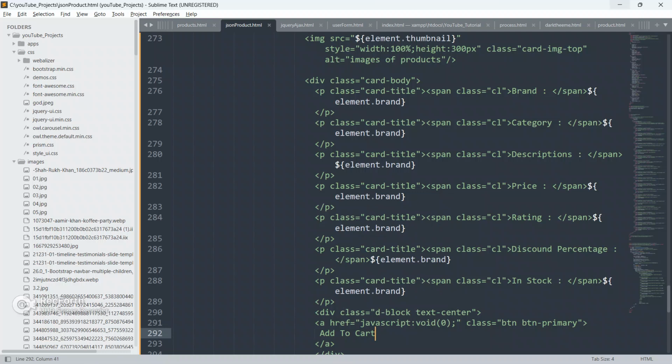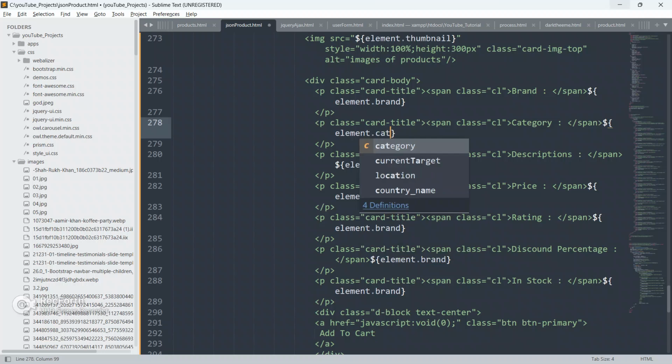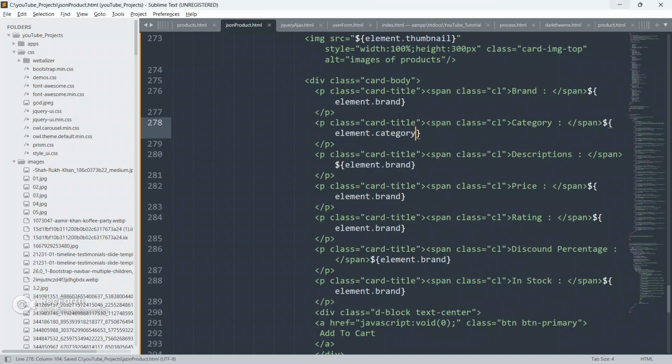So now we will change this value. This is the brand, this is the category, so we have to put category here, and we have to put description, we have to put price, we have to put here rating, and we have to put here discount percentage, and we have to put here stock.